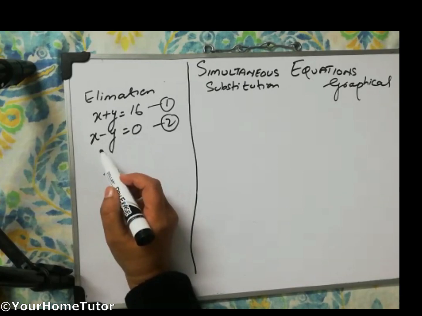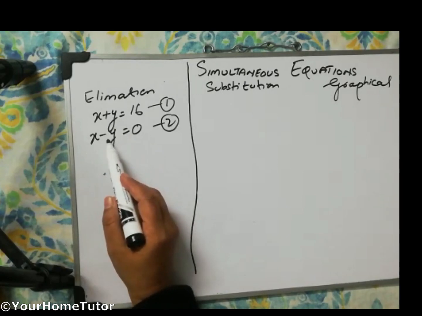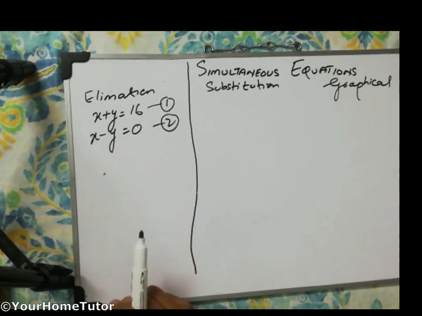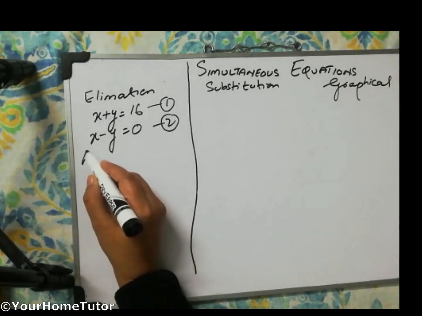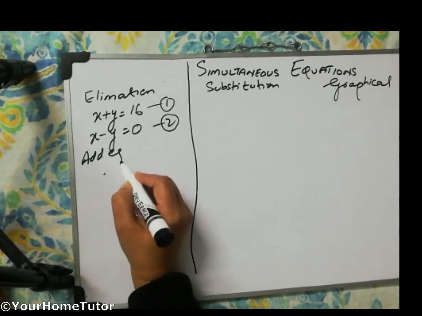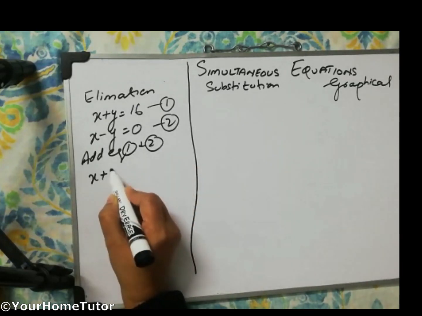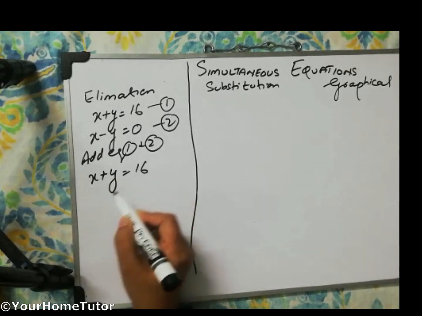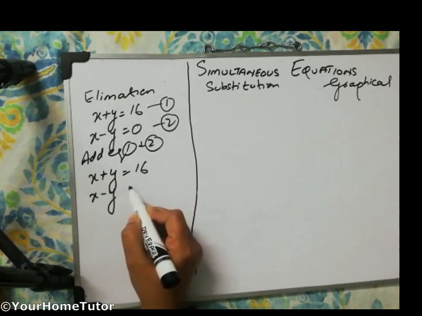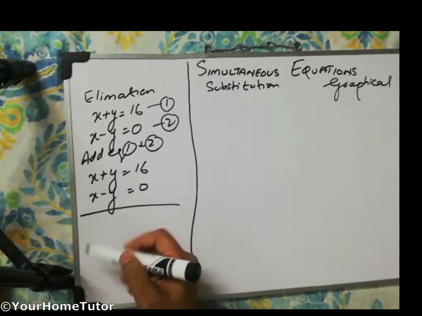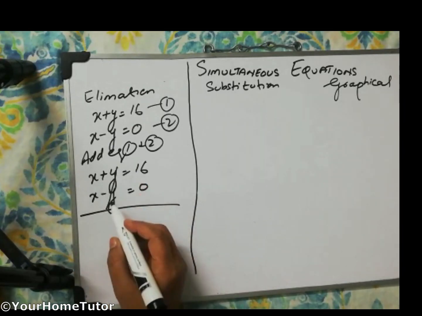But in case of y, everything is same. The coefficients are same. Only the signs are opposite, and which is the basic need for the cancellation or elimination of any variable. So what we can do, we can add equation 1 and 2. In addition we don't have to change the sign, but if we have to do the subtraction, then we have to give the opposite sign. Right now addition means plus y and minus y will be directly cancelled.